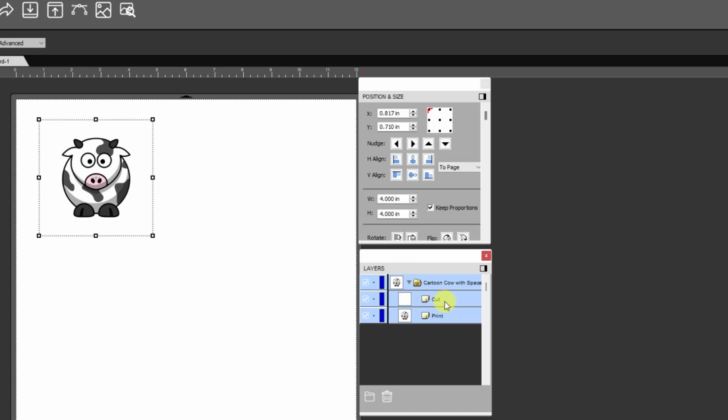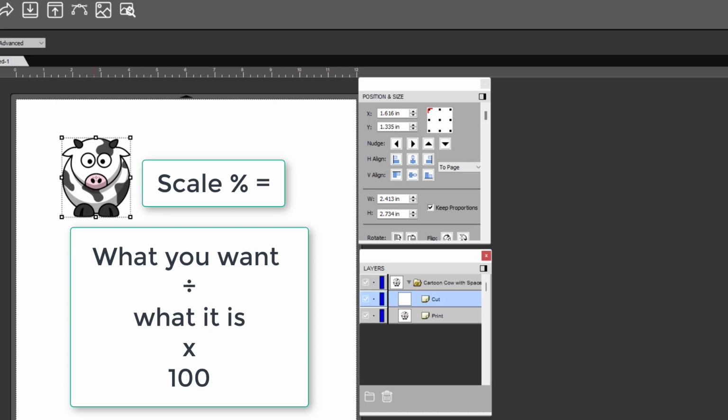But if I get ready to cut it and I select just the cut layer, it's only 2.734 inches in height. Let's say I want that to be exactly 3 inches instead of the 2.734. Now I'm going to show you how to use Google to calculate exactly what you need to do to make that happen. You can also use a calculator to do the same thing, because basically the formula is this: